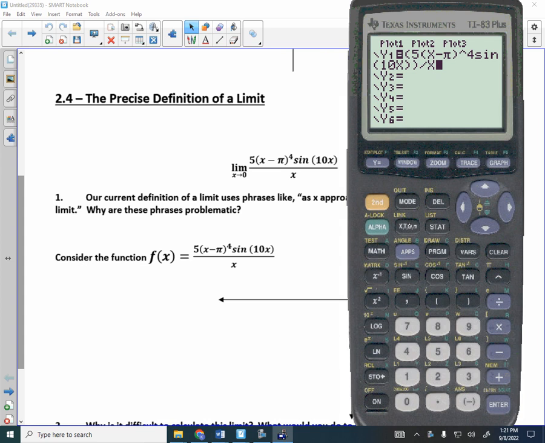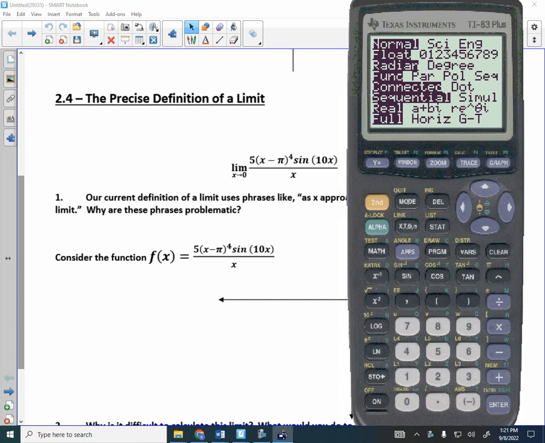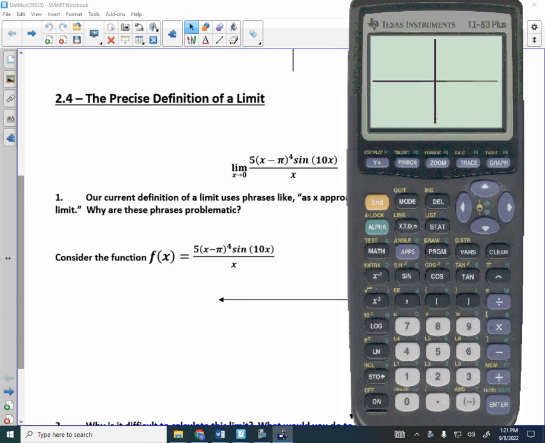But if I take this, and let's press mode to make sure we're working in radians. You always want to be in radians. And then I'm going to zoom standard, and as we approach 0,